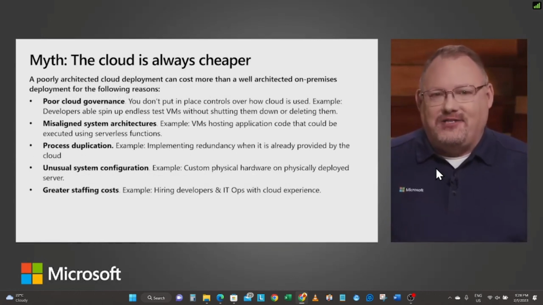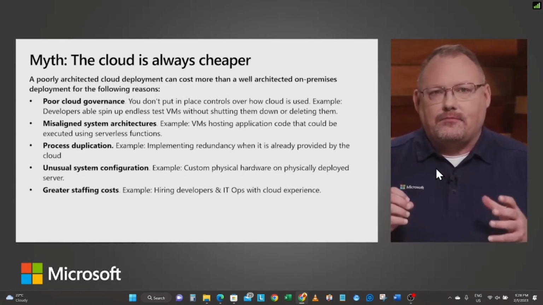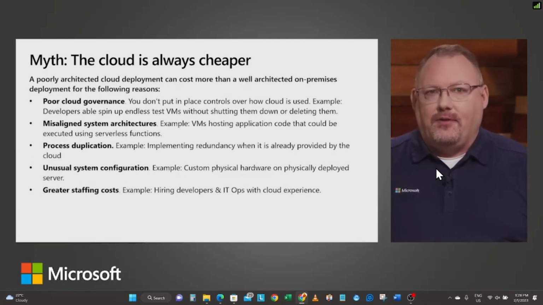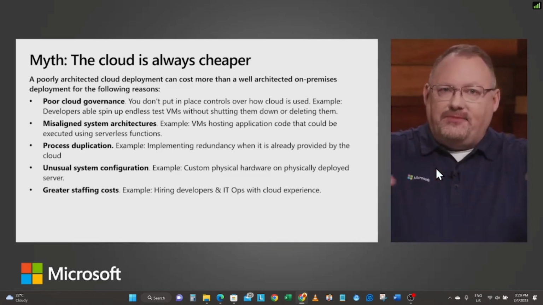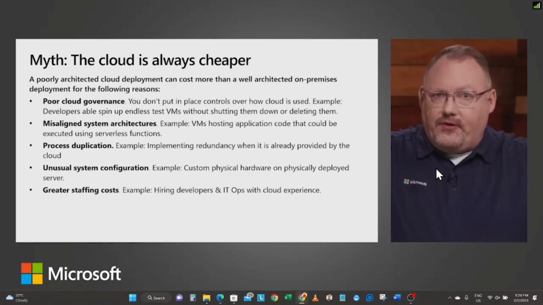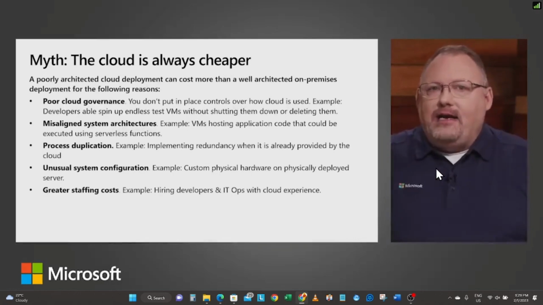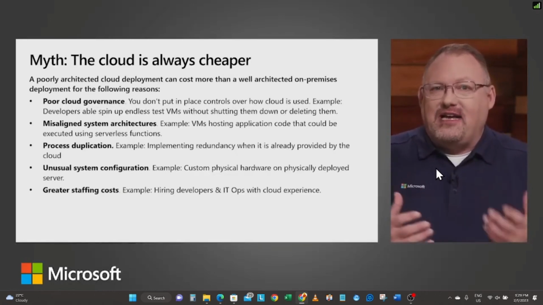First off, the cloud is cheaper. When we think about this, it's really about looking at our different environments that we define. Do you have cloud governance in place? If we're just migrating, once again, what do we talk about? Governance and management are the underlying pillars that are a part of your planning process all the way through assessment and migration. Well, if we don't do that, then we're letting customers move things into the cloud with no governance and no effective way to make sure that we're saving money.